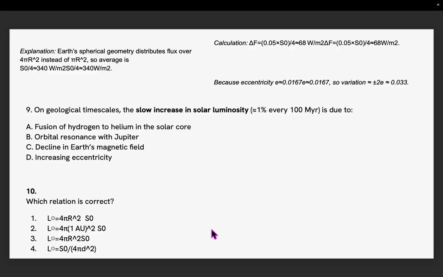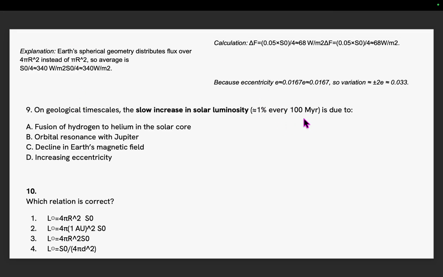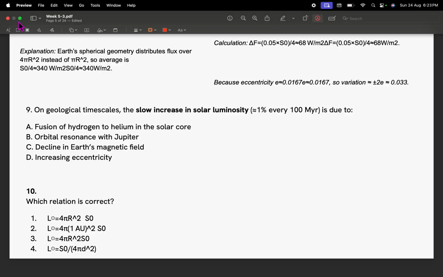On the geological timescale, the solar luminosity, or the energy output from the sun, is not constant. It varies with time, about 1% increase or decrease in about every 100 mega year. This is due to